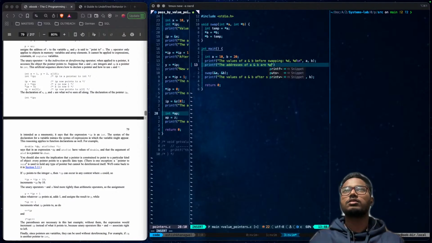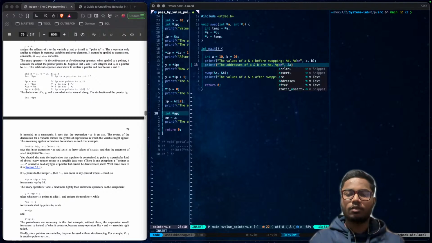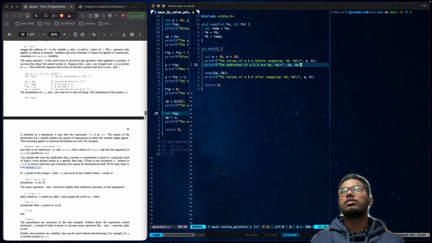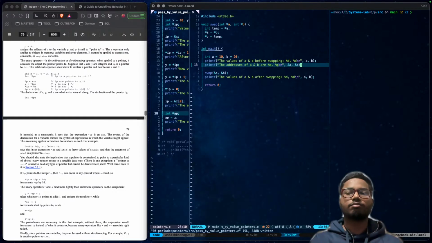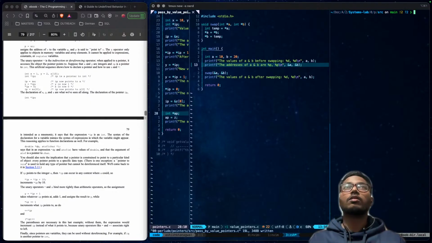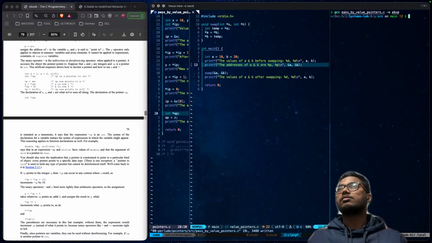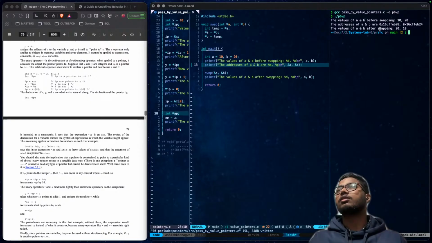We can just use %p and again %p, and now we can access our values. Look at this: this is the address of our variable a, and this is the address of our variable b.